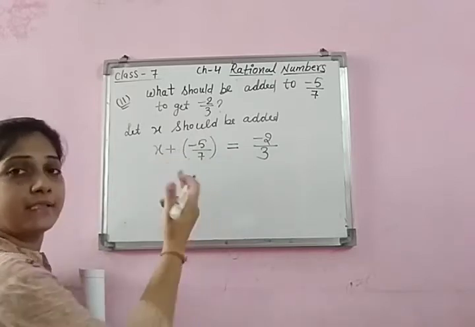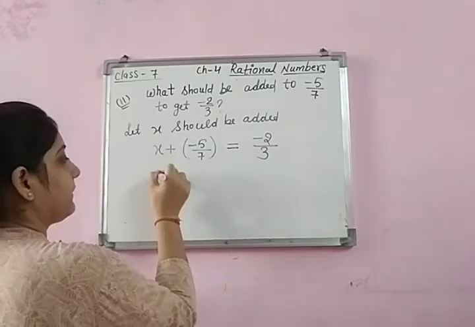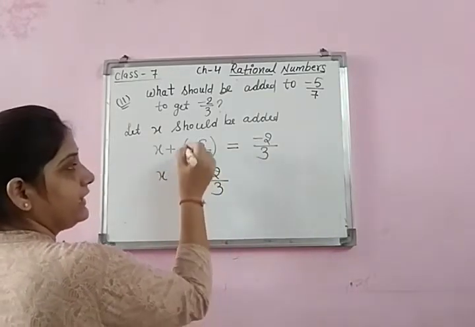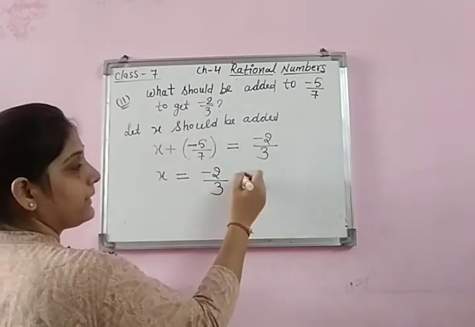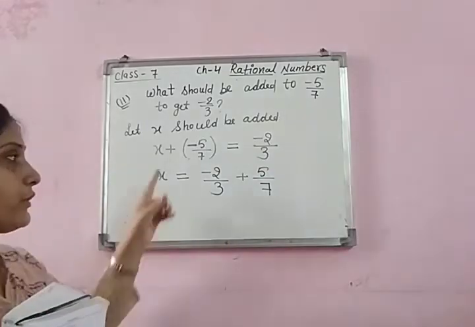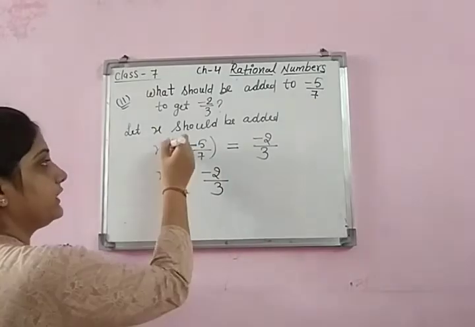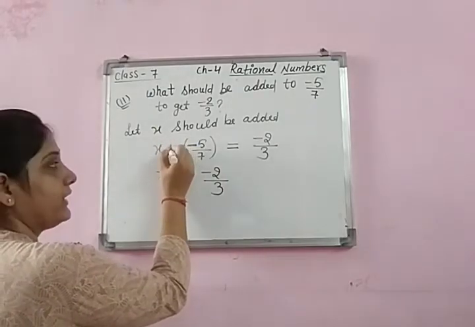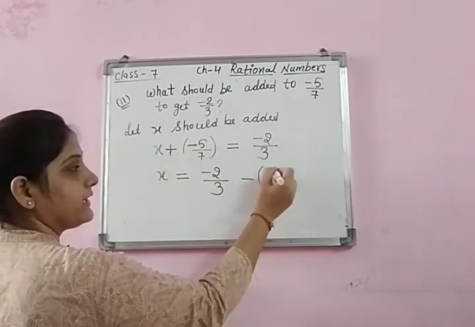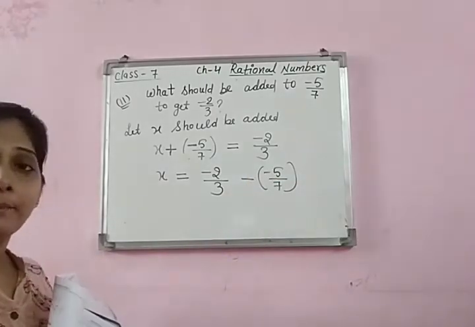Because plus minus will become minus and minus will shift to the other side and become plus. Remember, x remains here. There is no change in negative 2 by 3 and this is minus, so it becomes plus 5 by 7. Don't be confused, okay? You can do it like that also, children. If directly it is not clear, it is plus, right? Actually, we are changing this sign. So plus becomes minus and it remains as it is. So minus will become plus only.